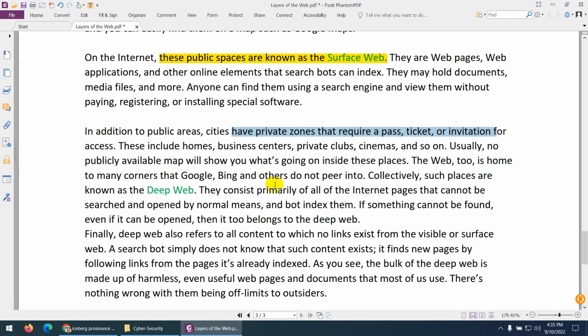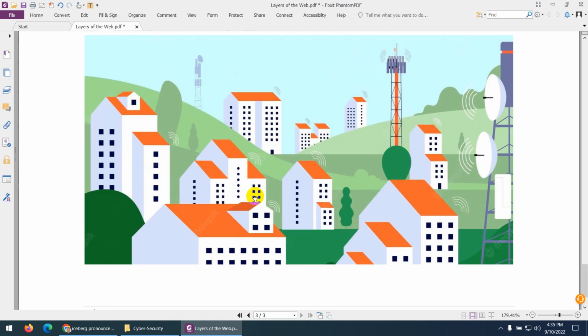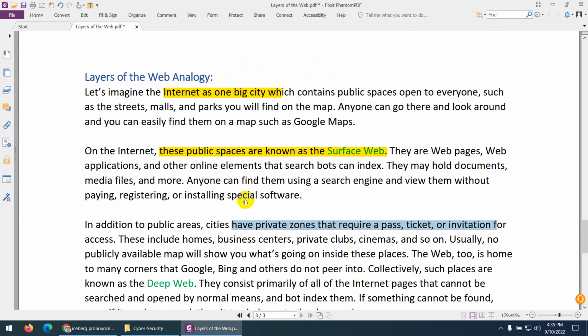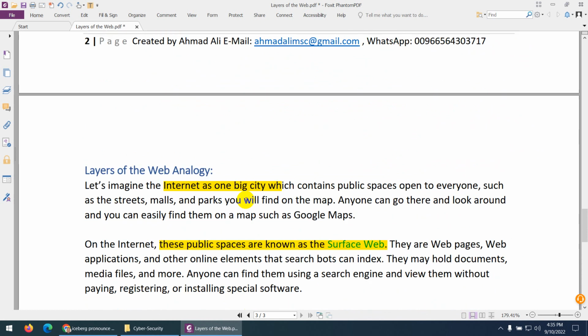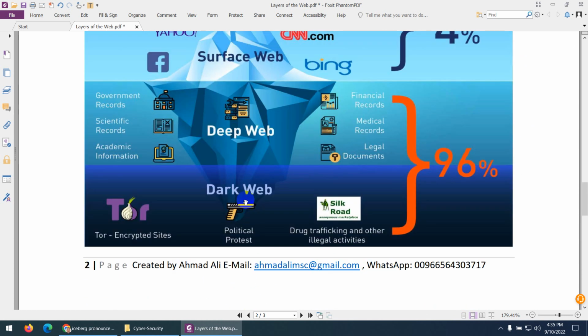So within the city, three things happen. One is public parks and everything, where anybody can go. This is the surface web. Second, which requires a ticket or invitation or pass, that is called the deep web. And finally, we saw the other one. So this is our city, and three things happen. Similarly, on the internet, we have three layers, which I told you: the surface web, the deep web, and the dark web.